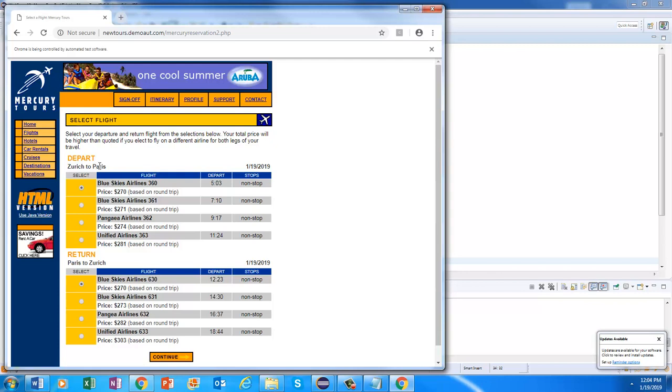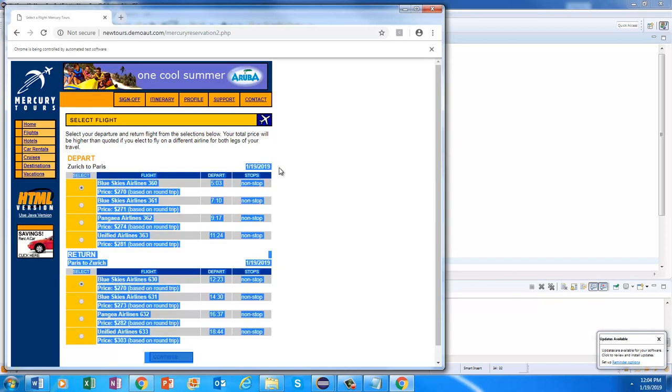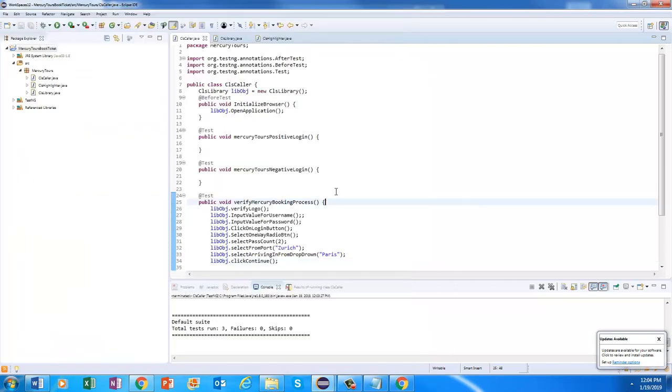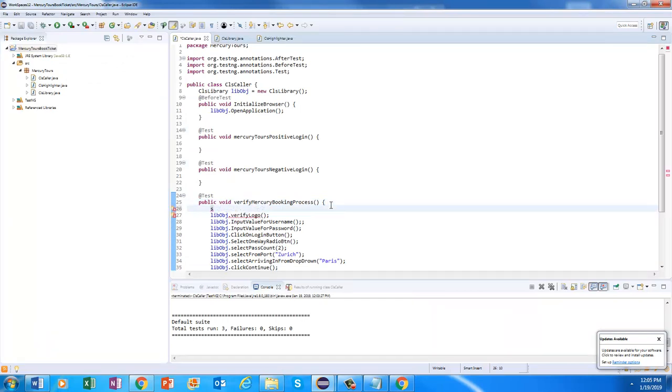Now this object, it depends on, can you see this date? It depends on what dates you are selecting in the previous page. So you'll have to verify whatever you are selecting there. Now how will you verify that? You know that you have passed Zurich and Paris, right? In this case what we are going to do is form a dynamic object. So let's say we are going to declare here